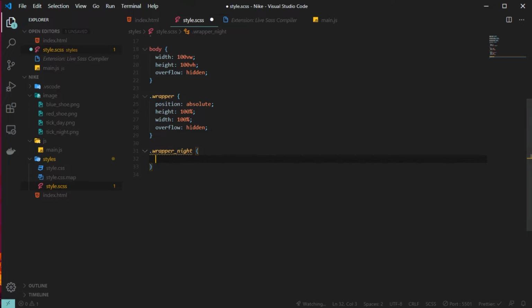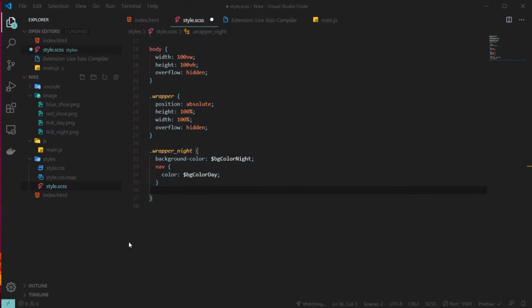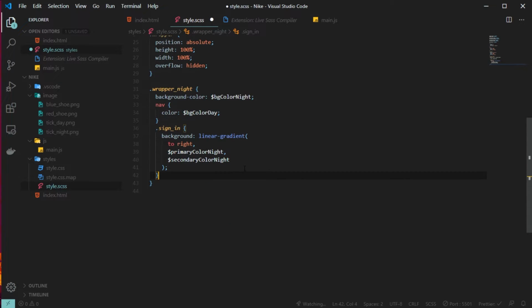Now for the wrapper night I am going to use the background color that we have defined. So background color will be BG color night, and a few more things that I would like to add here. For the nav the color will be background color day, because I want the text color white, so that's why I'm using background color day for the color.